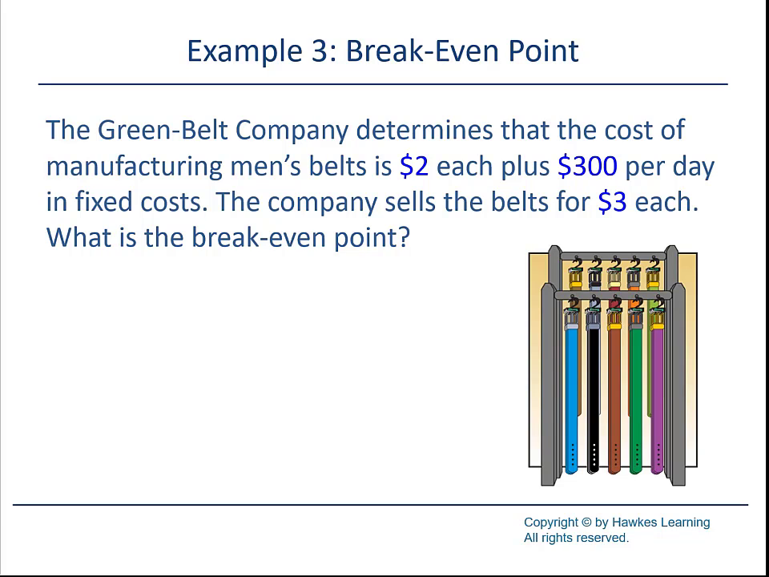So, before we go any further, what do we mean by the fixed costs? Well, if we're going to make those belts and sell them, we have to pay the heating bill, we have to pay the lighting bill, we have to pay our employees, we have to pay insurance, all kinds of things. The $300 covers all that. Now it says, what's the break-even point if we sell the belts for $3 each? Well, the break-even point